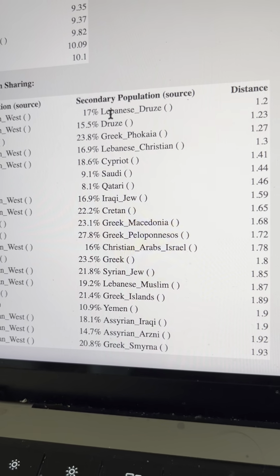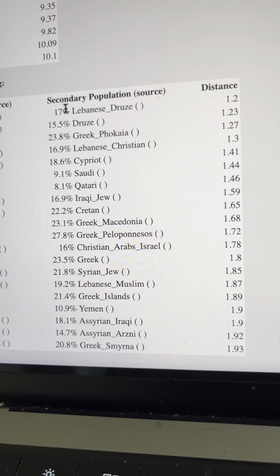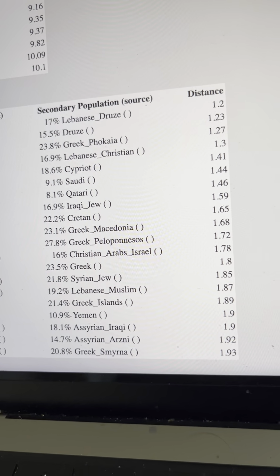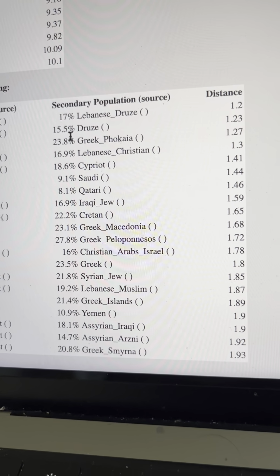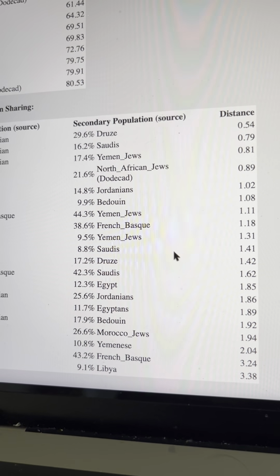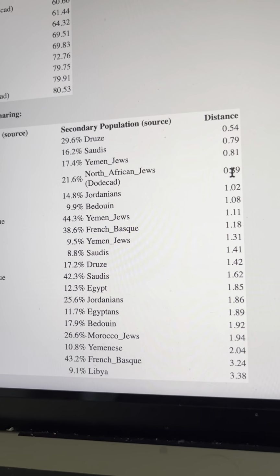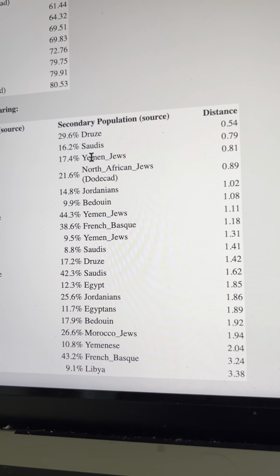Asian side. So Euclidean distance of 1.2, you have 83% Norwegian West, 17% Lebanese Druze, 84.5% Norwegian West, 15.5% Palestinian Druze. So you got 1.2 for the first one, 1.23 for the second one. And these are all under 2. Over here you had all the first 4 under 1. So that's a great Euclidean distance because the lower the better. So it clearly indicates that I have Palestinian and Lebanese ancestry, I have Saudi ancestry, and I have Yemeni ancestry,